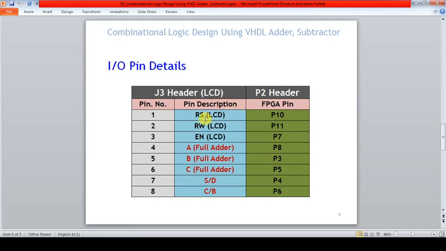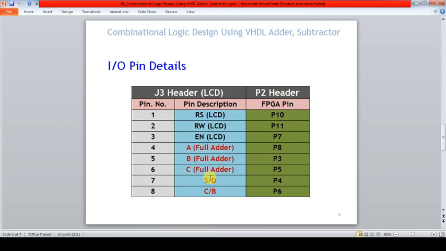So for this pin configuration on the board, we have a J3 header that is connected internally to this A, B, C input, sum and carry out. So these are the pin locations for these signals. If you connect it to the P2 header of the FPGA, then these pins are connected to these internal signals. For better understanding of how these signals are connected, I have recorded an earlier video on creating a user constraint file.